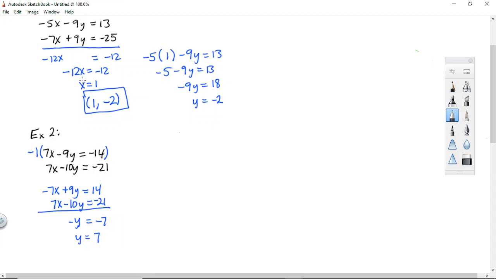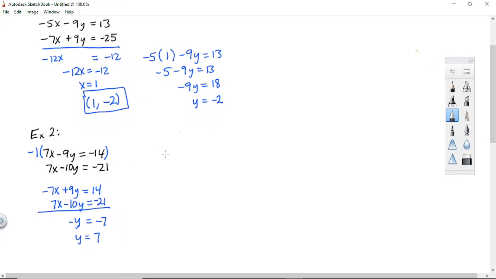Notice in the first equation, we eliminated the y and we had x as our only variable. We solved for x. This time, it turned out we eliminated x. It doesn't matter which one you eliminate. So we did get a value for y. We still need x. So we're going to plug that y into one of these equations. Doesn't matter. We'll use this bottom one,